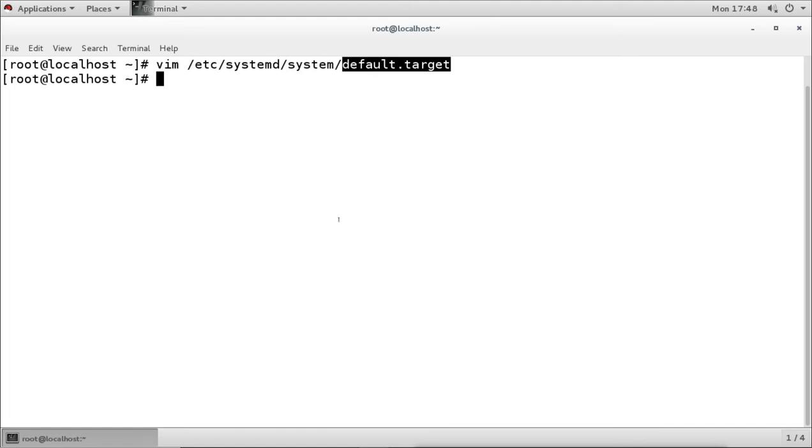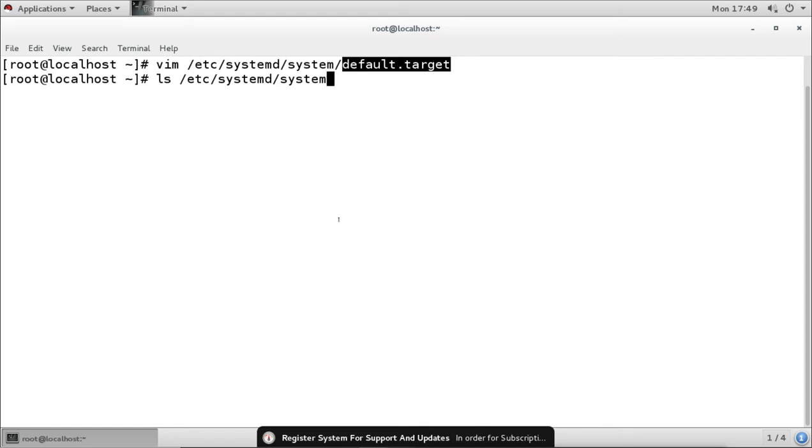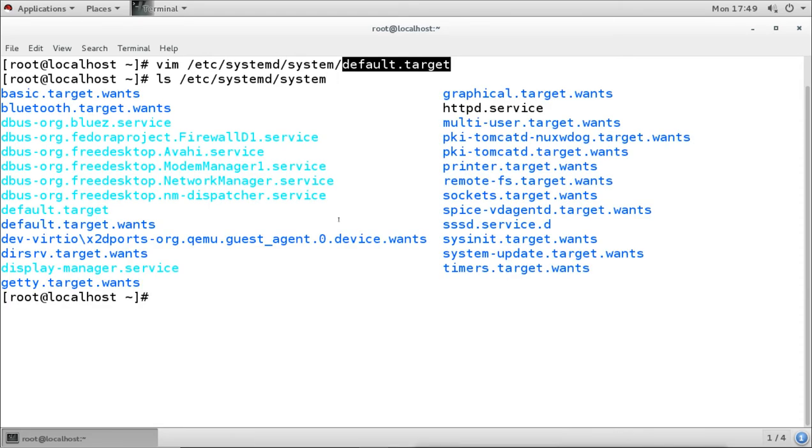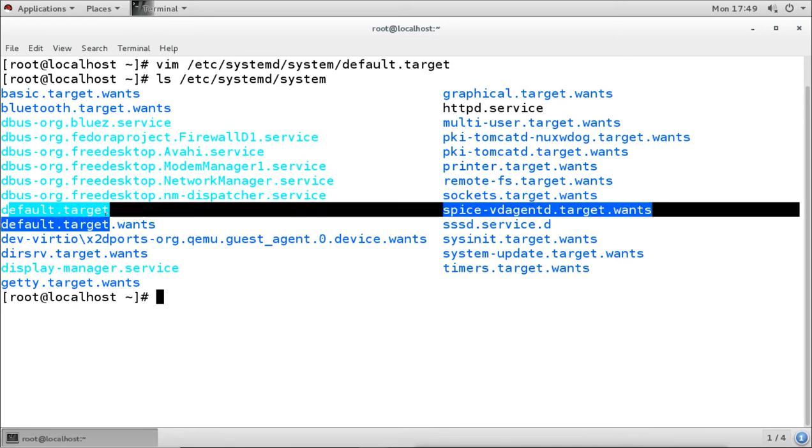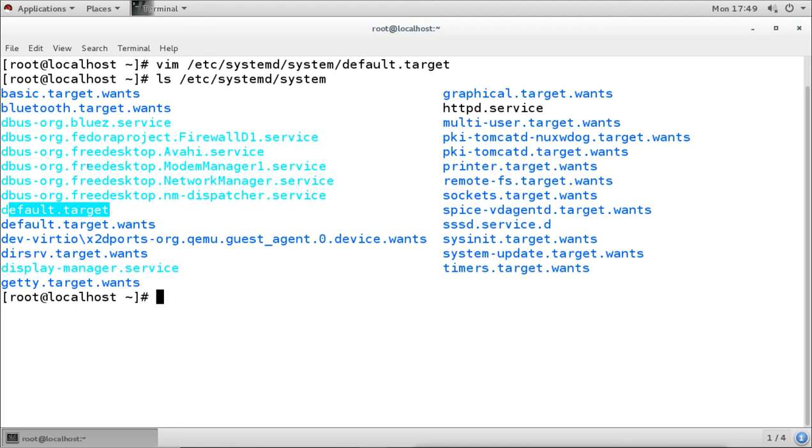When you check the /etc/systemd/system directory, it contains all the targets and units, all the units like .target and .service, which are going to run when our system boots. First it checks the default.target, and based on that it starts all the targets and services which are required.